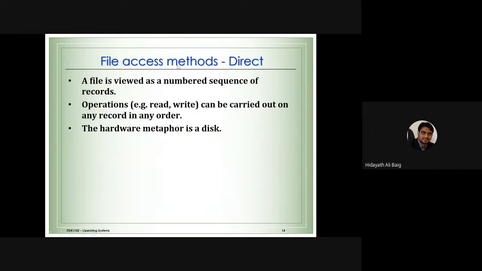Another type of file access method is like we have a CD. Nowadays in our cars, we have a CD player. So in the CD player, can we play directly song number 3? Yes. If you understand the CD player, we have the files viewed as a numbered sequence of